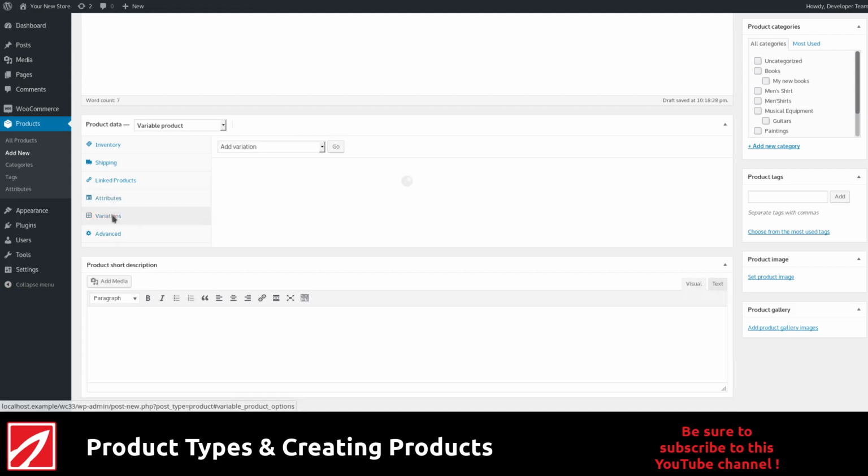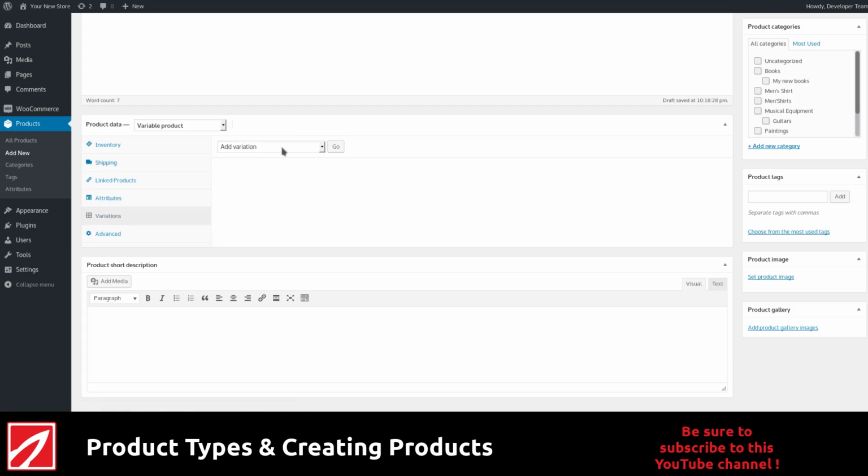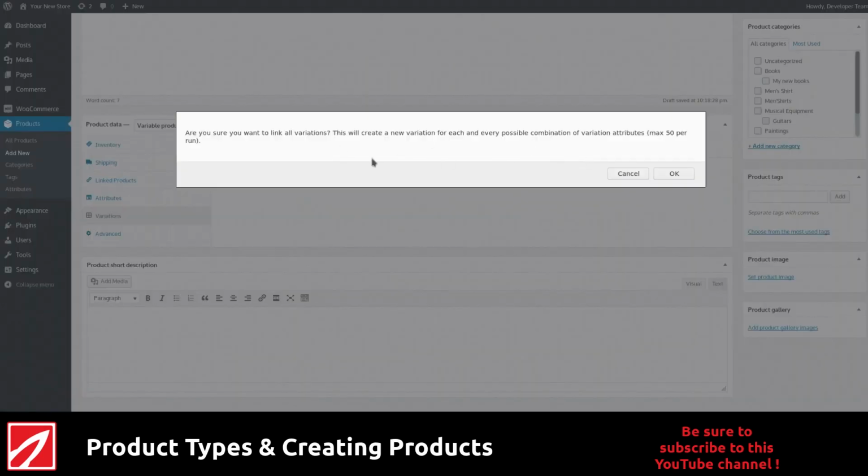Now I'm going to go to variations, and I need to add all the variations of these attributes. I have 2 attributes for color and 2 attributes for size. So I'm going to wind up with 4 different variations of this product. So we have to create those real quick. And I can add them manually one by one if I want, but I'd rather just do it all at once. So I'm going to choose create variations from all attributes, click the go button, and I'll see this little